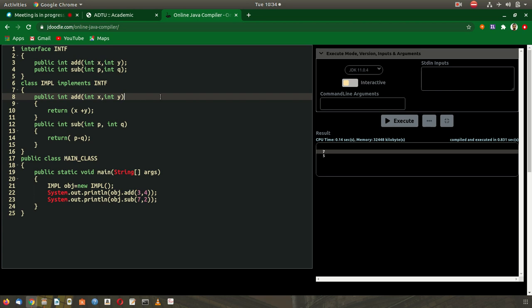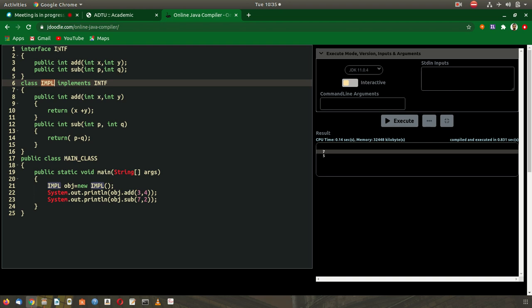And then there is a public class main, which we are going to use to see the output, and to invoke this add and subtract function implemented by the class IMPL.